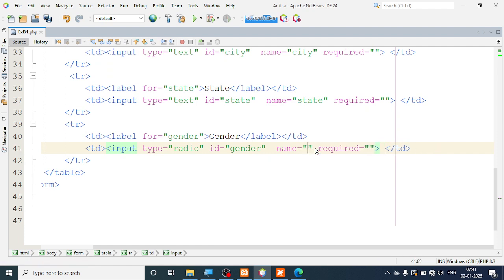However, when we talk about gender, there is nothing called required for that one. And here I'm going to say, let's say, male. You can specify the values also. So what values will be sent? You can use it anywhere. So for this input tag,